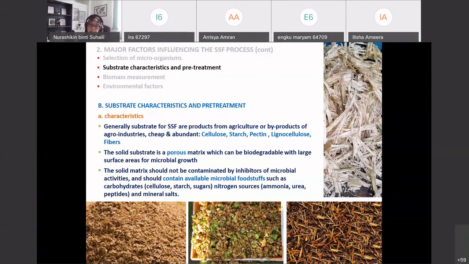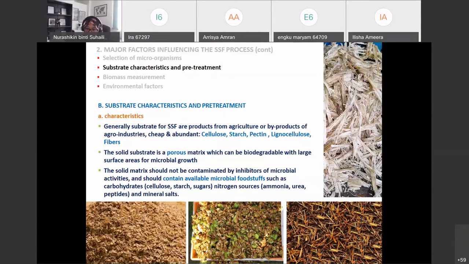So it means that the substrate is free from certain types of inhibitors or contaminants that can interfere with the growth of the microbes. Okay, apart from it must have a certain amount of carbon sources, like sugar and starch, nitrogen sources and mineral salts. It should not be contaminated by the inhibitors. Okay, so those are the things that help the selection of the substrate for